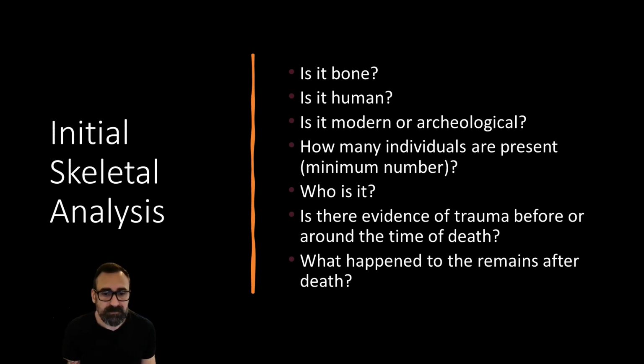lived in the past. When you're doing archaeological research, the first thing you need to determine, if you have an assemblage of bones, is how many individuals are present. And so you'll want to calculate the minimum number of individuals, or the MNI number. So imagine you find an assemblage of bones and you see one skull and a set of ribs, but you see two right leg femurs. So two bones from the upper right leg. Well, you know that you only have one upper right leg bone, right? And so there's at least two individuals here, even if the only duplicate is that one femur.